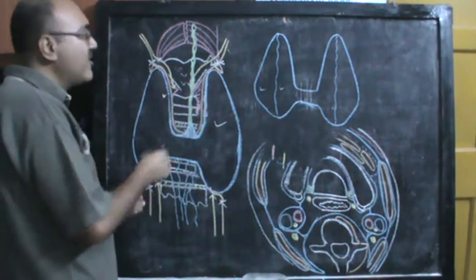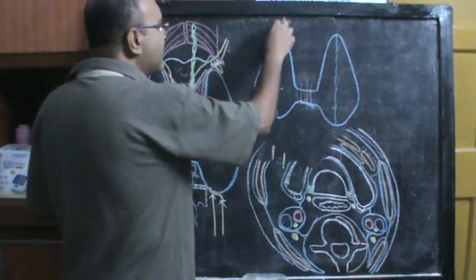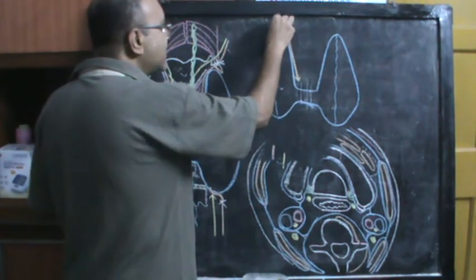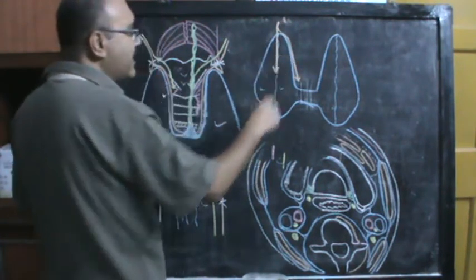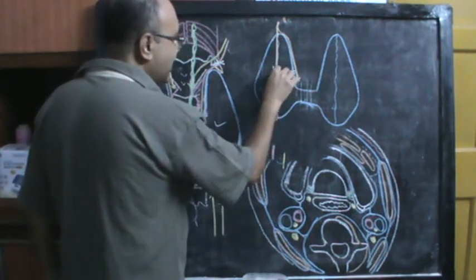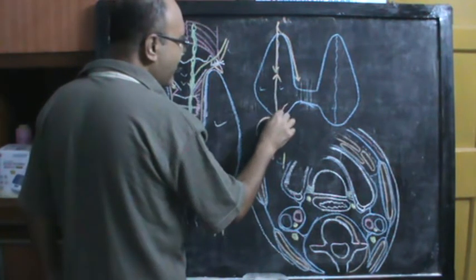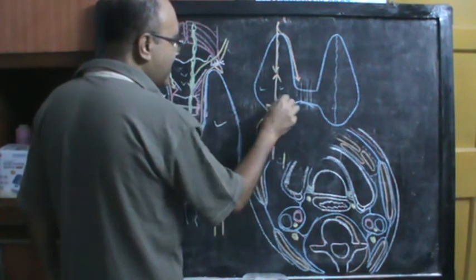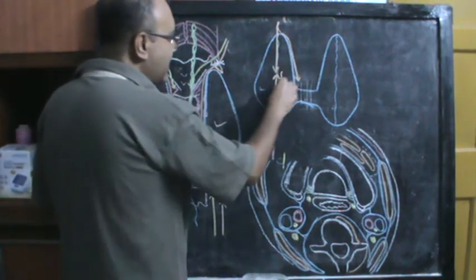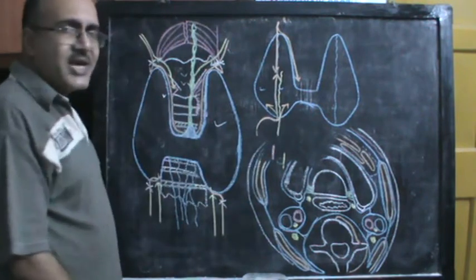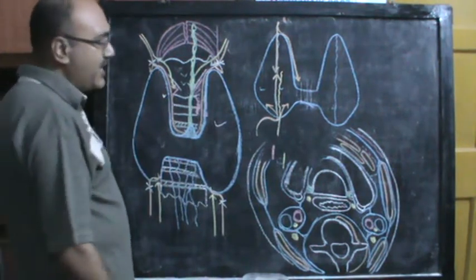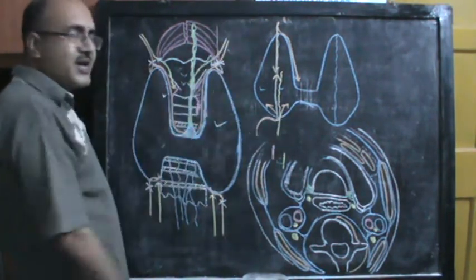Then from the upper pole you have coming down the anterior branch of the superior thyroid artery has gone like this, and the posterior branch is descending down. And you have over here the inferior thyroid artery, which has an ascending branch like this, and it has glandular branches going inside the thyroid gland itself. And you have the recurrent laryngeal nerve ascending along with the inferior thyroid artery like this. So you see they are quite a distance apart, and just at the inferior pole they are coming close together.